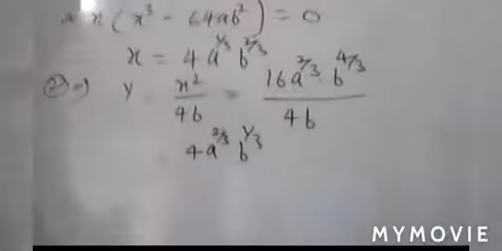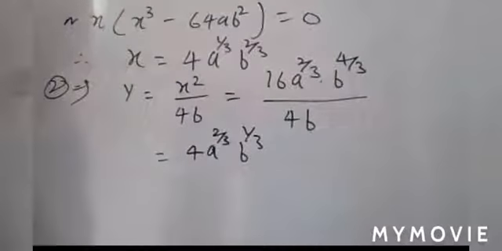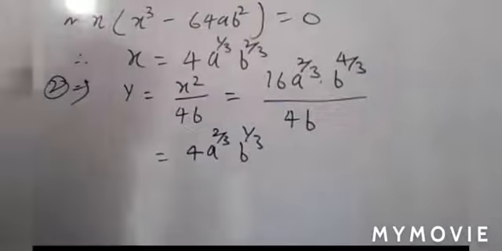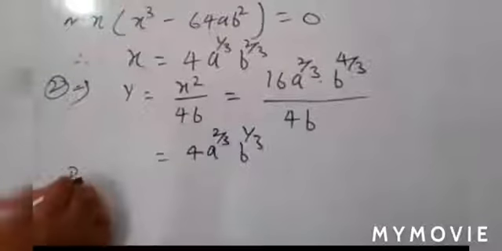4 by 3 minus 1 is equal to 1 by 3. So that gives the value of y. So here you have the point of intersection. So first you write it. Hence the point of intersection